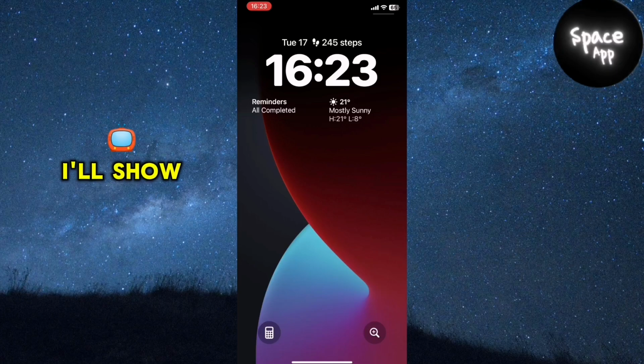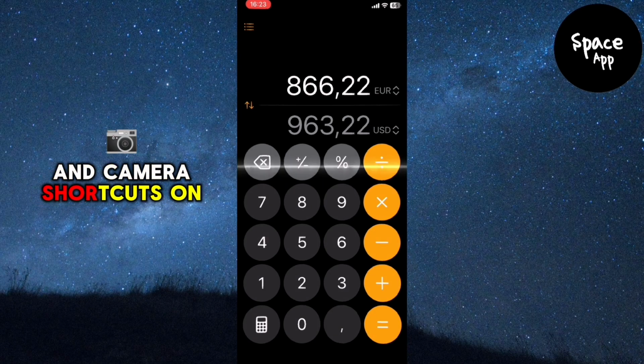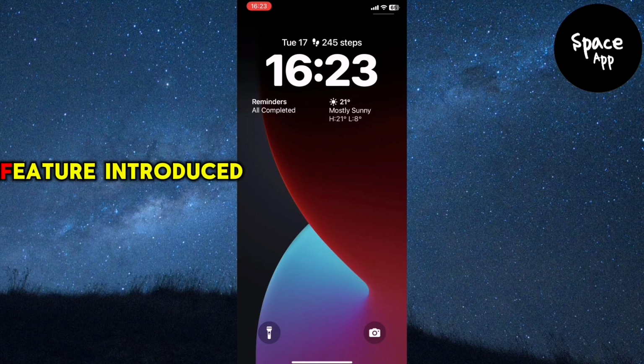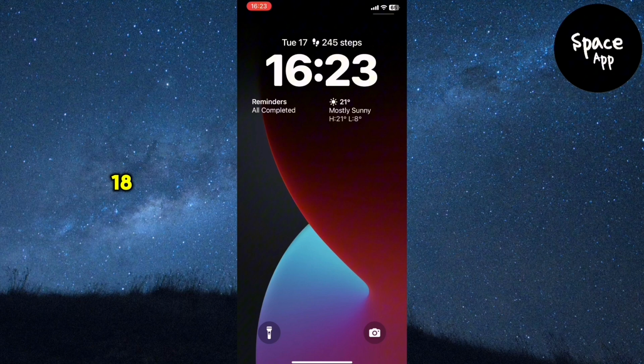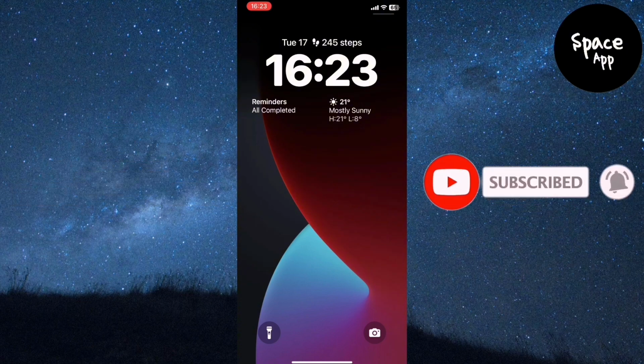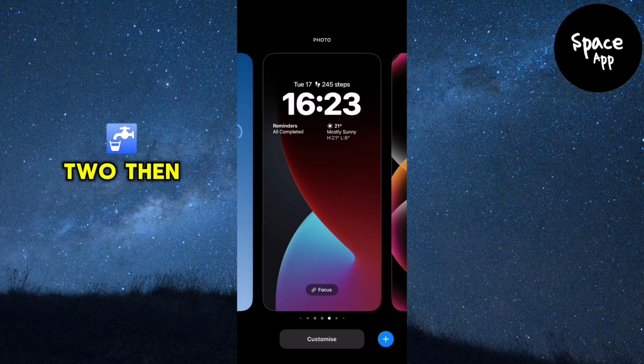In this video, I'll show you how to easily change the flashlight and camera shortcuts on the lock screen in iOS 18. This is a new feature introduced with iOS 18, so make sure your iPhone is updated to the latest software version. Long press or hold anywhere on your lock screen for a second or two, then tap on